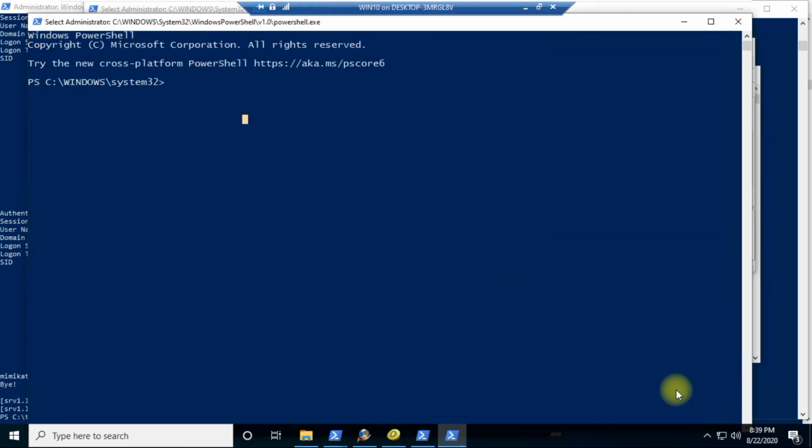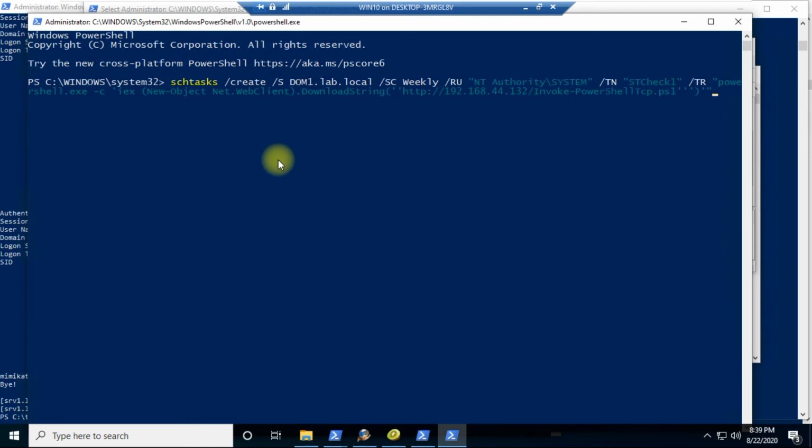Now proceed further with that. We have the shell, so what exactly do we have to do now? We simply have to fire this command. I'll explain what exactly it is. It's a type of scheduled task that we are creating. This is our dom1.lab.local, which is the host name of our domain controller. We are defining what type of rights we need.